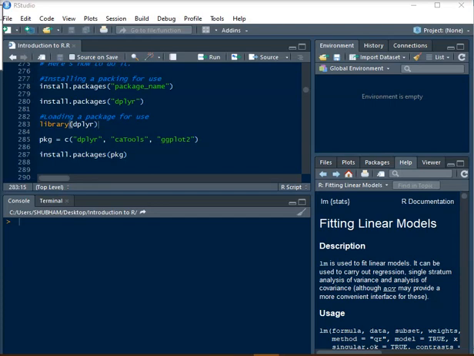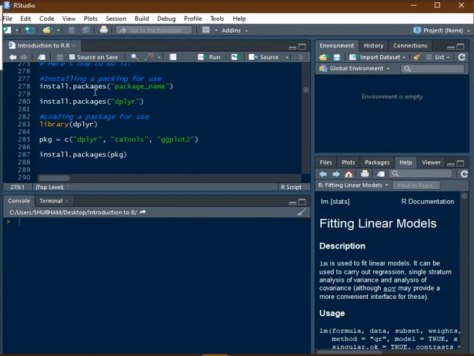In today's lecture, we will cover how to install a package, how to load a package, and how to install multiple packages in one go. So in order to install a package in R, the function is install.packages, right? And in parentheses in double quotes, you have to write the name of the package which you want to install,